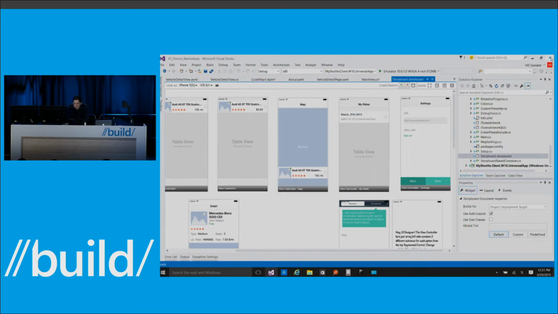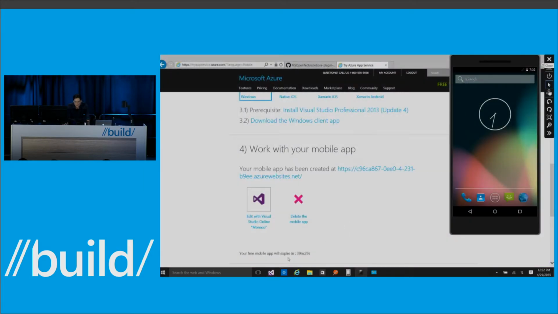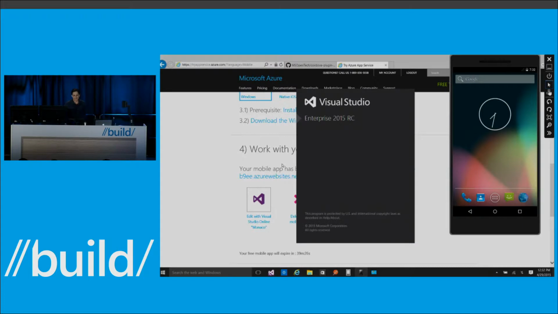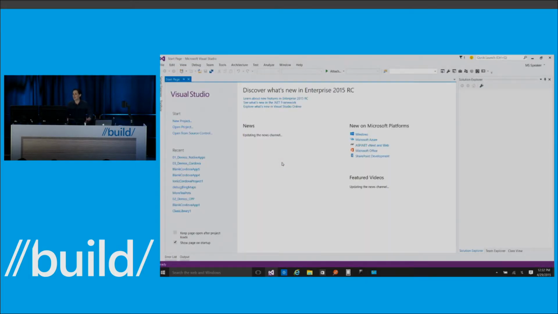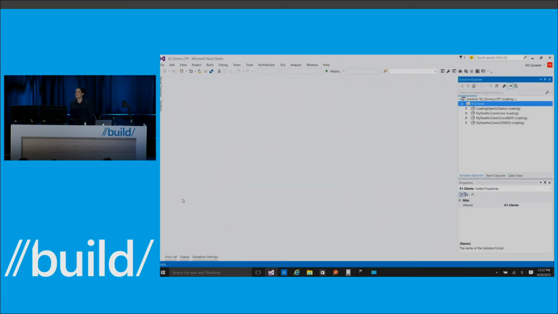Okay, so the next thing I'm going to do is just shut down this project and reopen another one. I can't have all of these things running at the same time, unfortunately. It just gets clogged up a little bit. If I had a full beefy desktop machine, it would be no problem, but this is a lightweight Asus tablet. So next I'm going to open the C++ version of the Xamarin project, and I'm going to deploy that same application. So I talked about earlier how we have also introduced support for cross-platform C++.